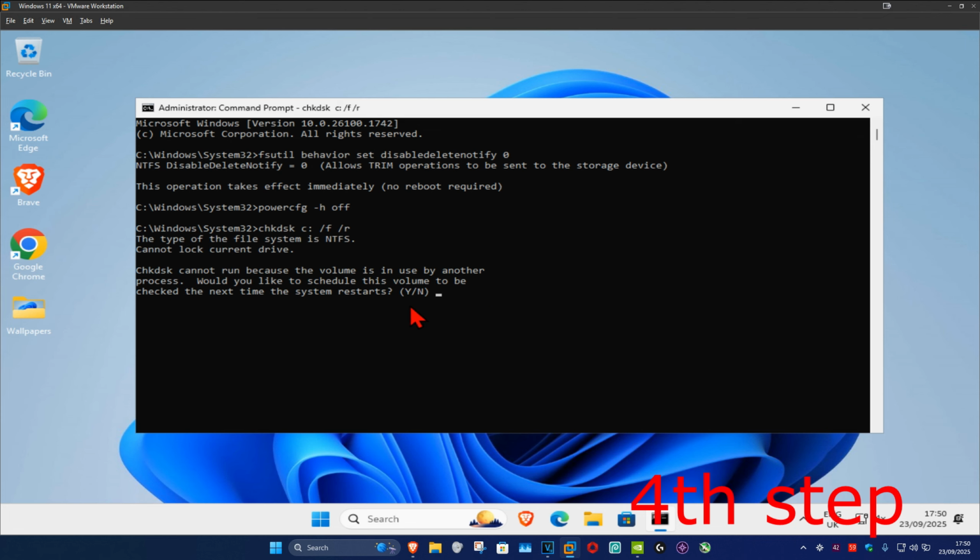Now either a scan's going to start running for you right now. If it doesn't though, you want to type in Y and then click on enter. Now if the scan did start running for you, just restart your computer and this should not fix your problem. However, if this came up where it said type in Y or N and you typed in Y, now we're